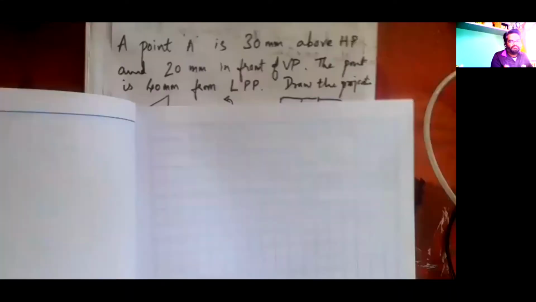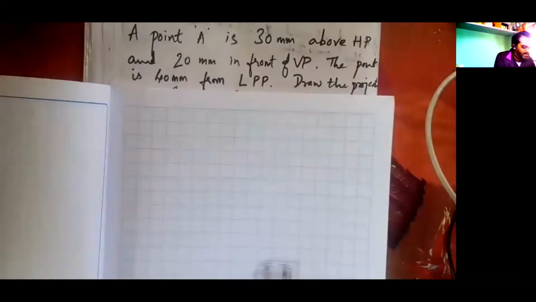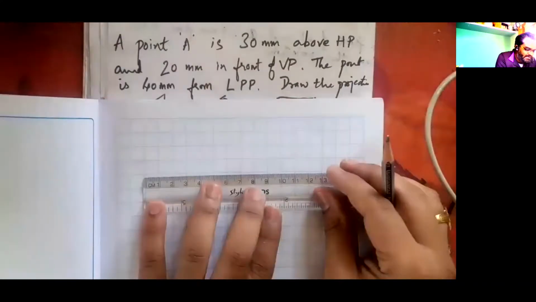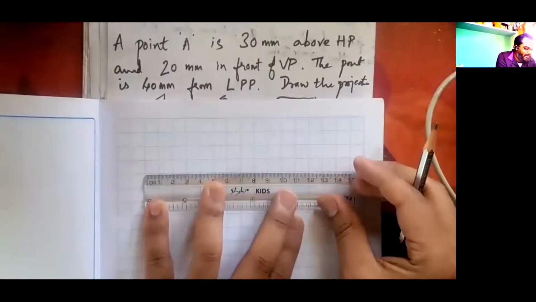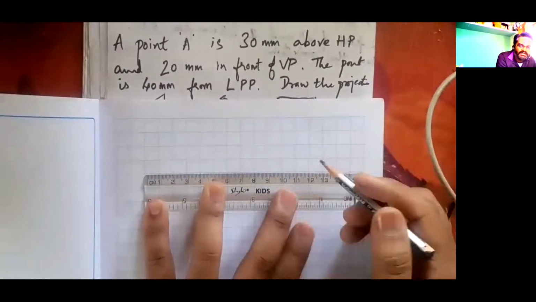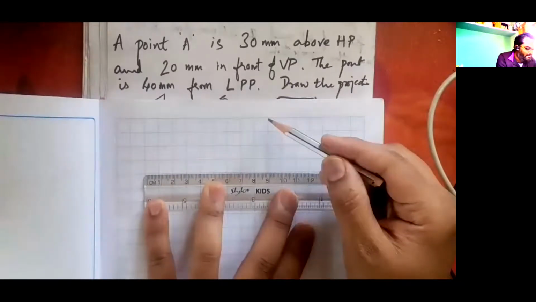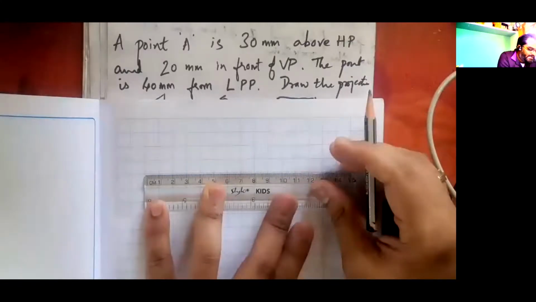For internal assessment marks, we need some proof of whatever you have drawn, wherever you have drawn. I have given you that freedom. So if it is an unruled book, please take a scale like this and complete it. 30 above HP means I need 3 boxes. I have taken 4 boxes, that is conveniently represented. That is enough for us to start the problem.